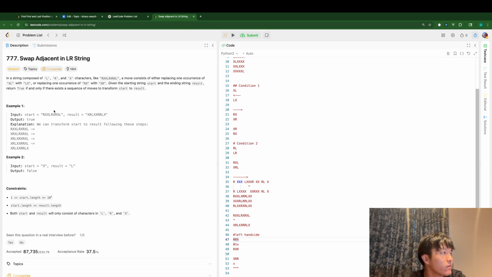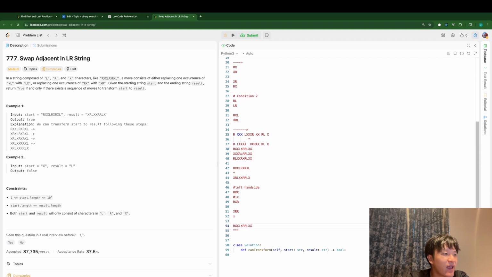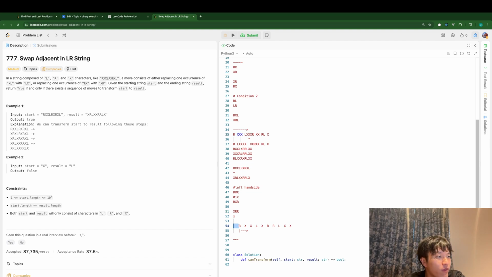Okay, I see. So when I get this string, I can say this is R, which means that it can move rightward. This is possible, but it cannot go leftward. So there is a kind of separator here. So everything on the left hand side should be formed into the result string before this R, because